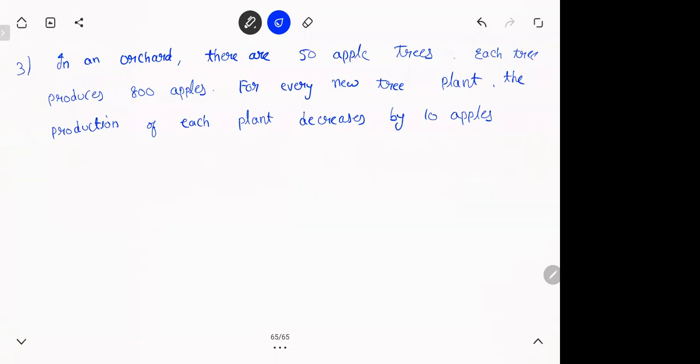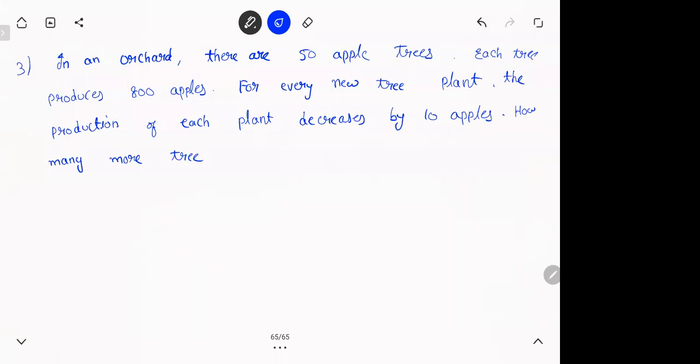You're getting how it is? So for every new tree you plant now, what you will think, अरे मुझे extra apples चाहिए. So you're putting new plants. But new plant का problem क्या है? सब plants का production कम हो रहा है. So the question is, how many more plants can be planted? So there is a limit. See, after a certain point, if you put plants, actually आपका production decrease हो रहा है.